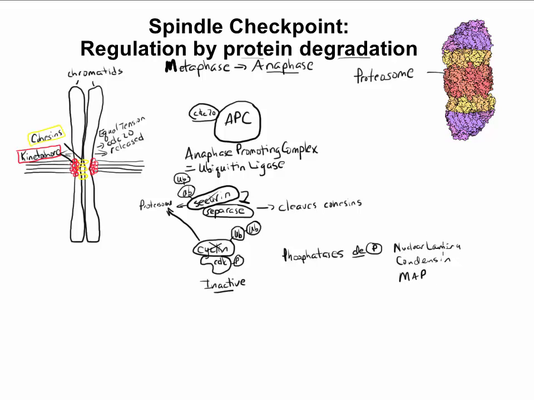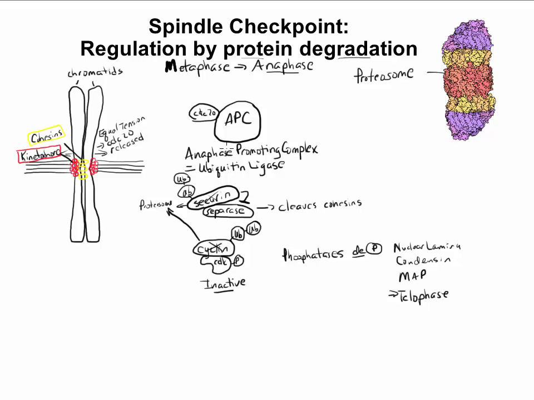And so what happens if we dephosphorylate the nuclear lamina? Well, the nuclear envelope is going to start reforming around the newly separated DNA. If we dephosphorylate our condensins, the DNA is going to go back to its open extended chromatin conformation. If we dephosphorylate those microtubule associated proteins, we're going to see the microtubule network going back to its more diffuse structure in the cell as opposed to that spindle structure. And when we see those events, we see that the cell is now in telophase, right? Telophase is essentially the reversal of prophase.